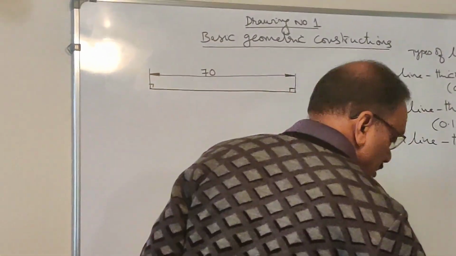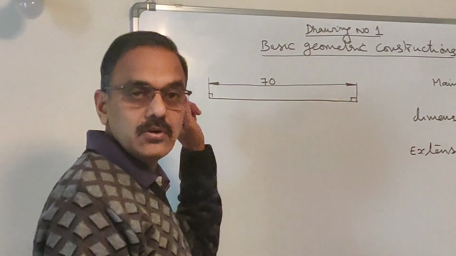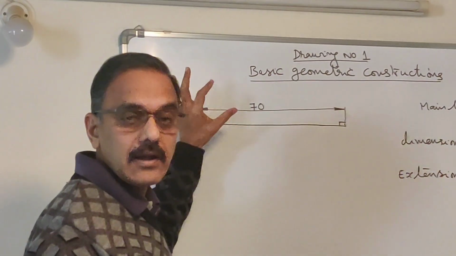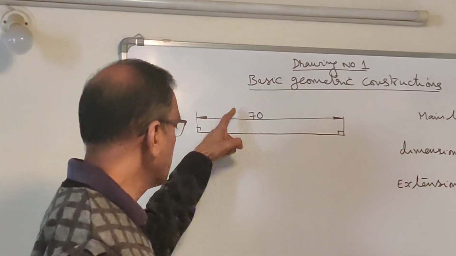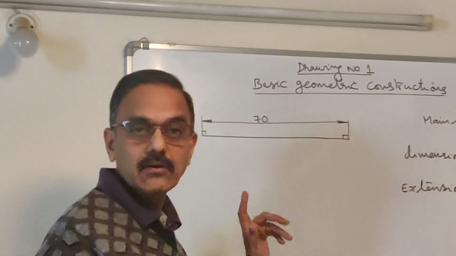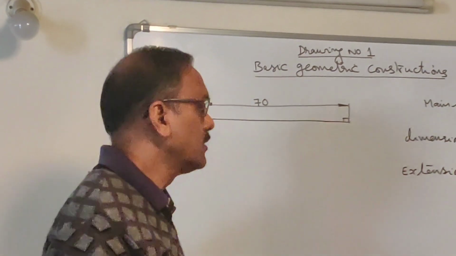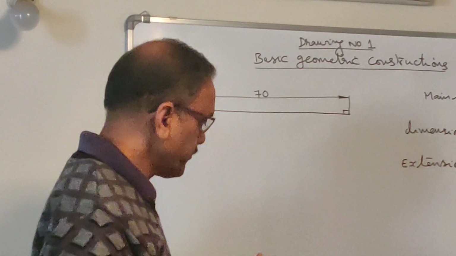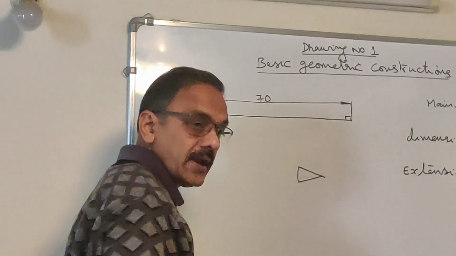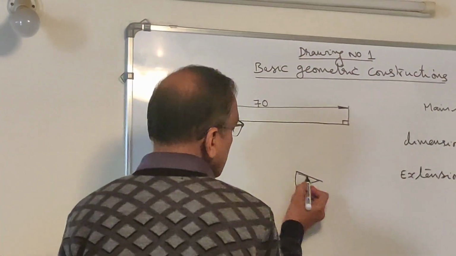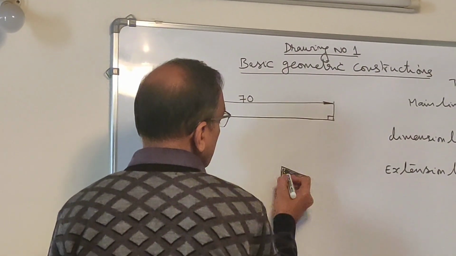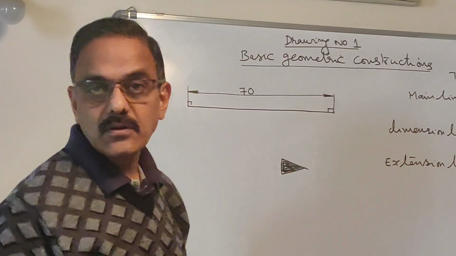Now coming to the dimension line, as I told you, the minimum gap has to be 5 mm. It can be any distance not less than 5 mm, the gap between the main line and dimension line. And the dimension line should be perfectly parallel to the main line. That's also important. Coming to the arrowheads, I'll just make it big and show it to you here. Let us say this is an arrowhead. The arrowhead has to be shaded inside. The shading has to be done light. It should not be made dark. If it is made too dark, it appears awkward on the drawing sheet.